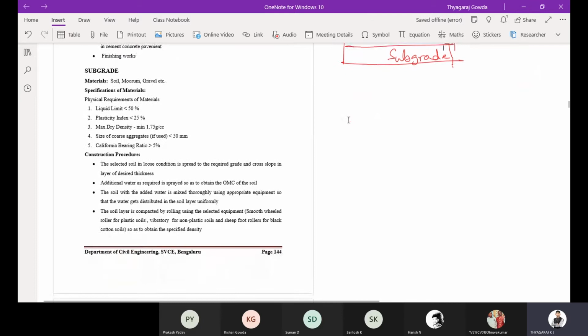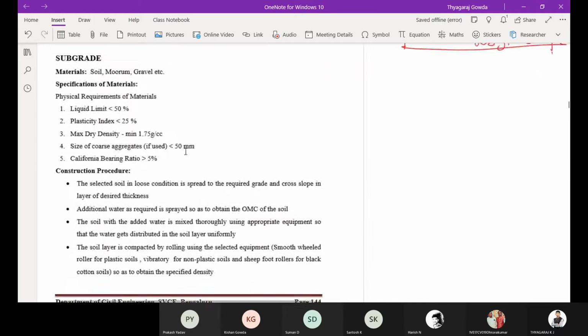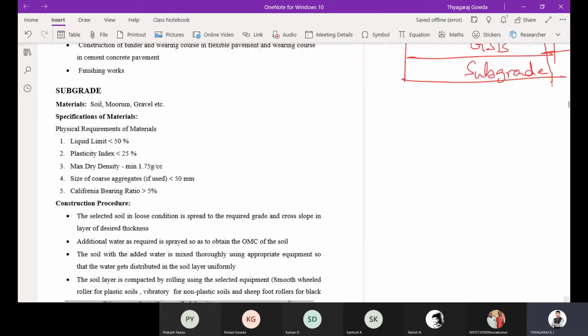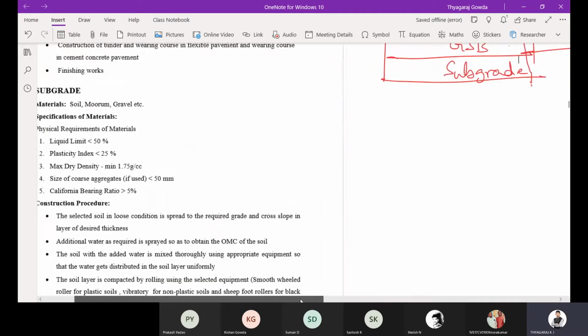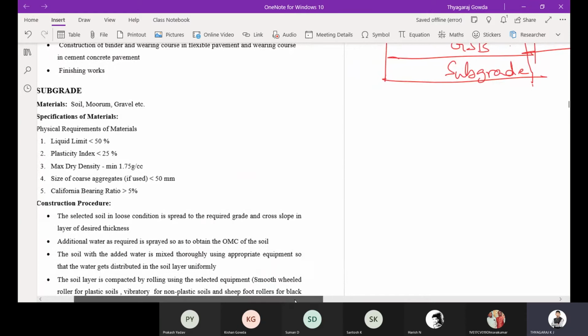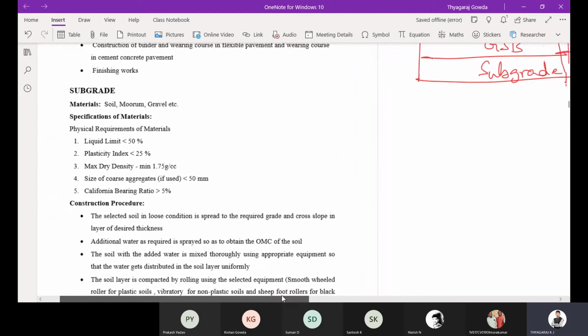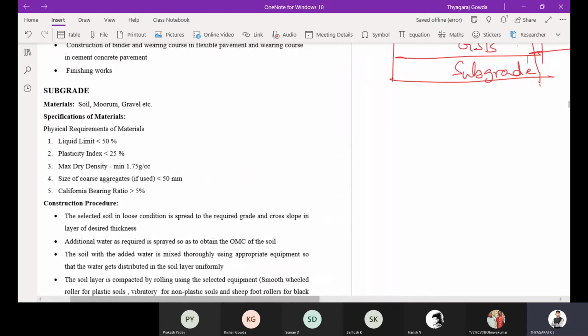The first and foremost thing is subgrade soil. The subgrade is used as the foundation material. Usually the subgrade is constructed as the foundation of the pavement.